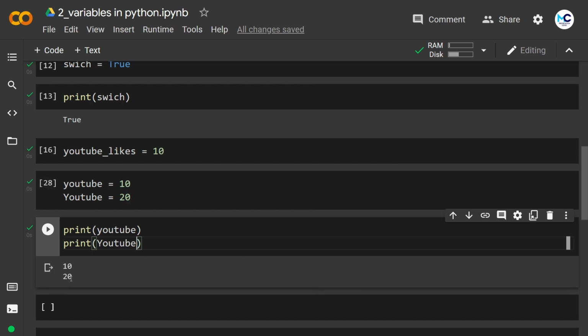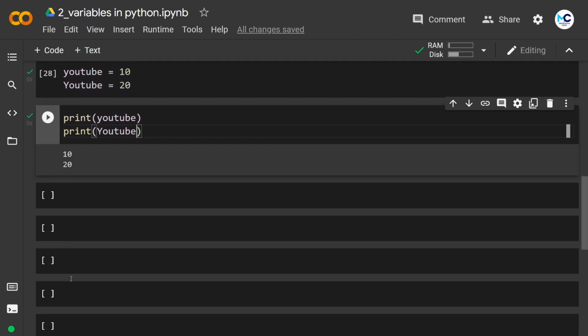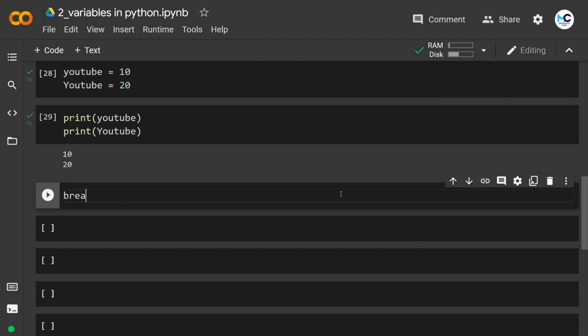In any programming language, we have some reserved words which are known as keywords. Those words have some special meaning to them. In Python, we have keywords like break, if, for, and so on. We have around 30 to 35 keywords in Python. All these words have some special meaning in Python. For and if are used for loops, and break is used to stop a loop. Anyway, the point is that we can't use those words for a variable name.